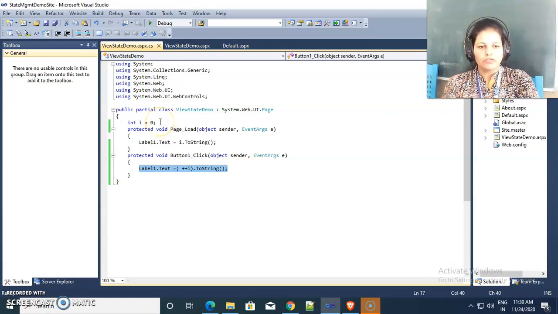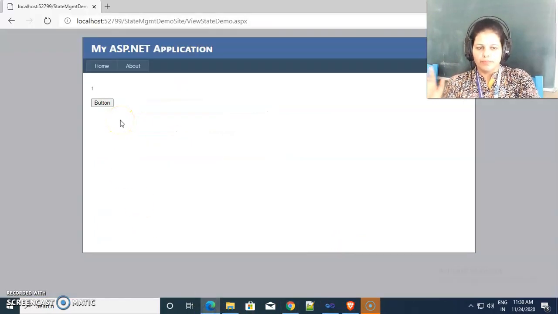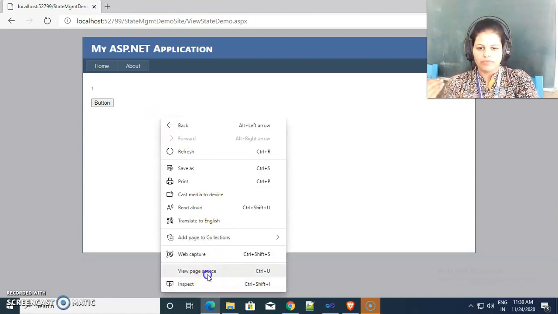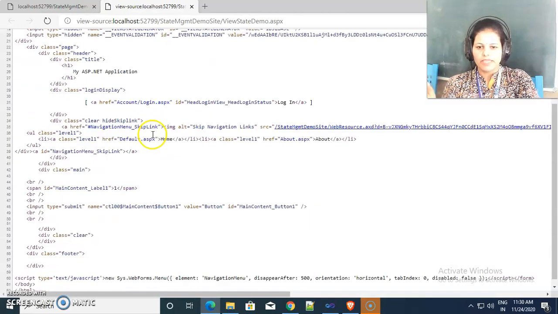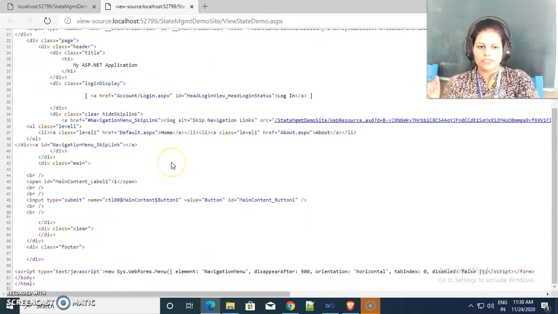So how can we do this? This is HTTP. When the page is reloaded, the page will be posted back. The request goes to the server, and as a response we get an HTML response. When you see view page source, this response comes from the server.